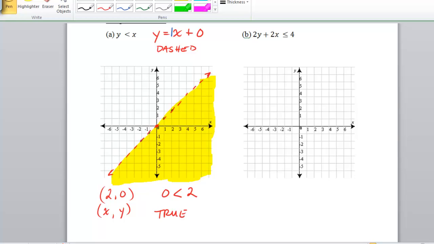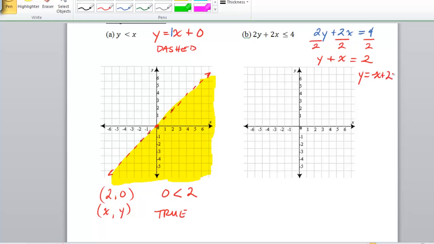And so for part B, we're going to, again, graph this for a line of 2y plus 2x equals 4. Now, if you don't like the 2's here, since you have basically a common multiple all the way across, you can actually divide these 2's out, giving you y plus x equals 2. And of course, that would be real easy to convert